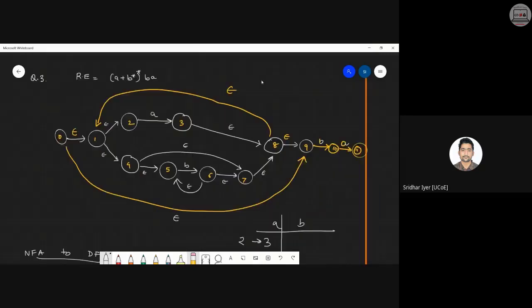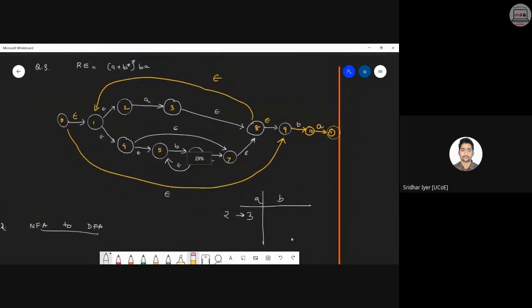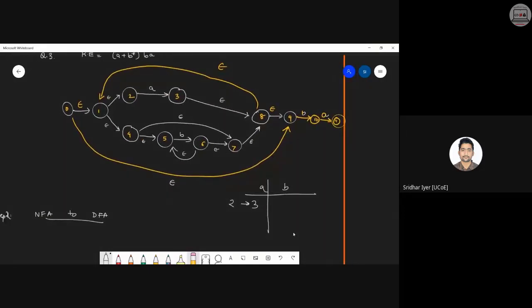So we are having two inputs. Instead of one, it was B. That is the only change. So we have one more input from 10, we are going to 11. Similarly for B, from 5, we are going to 6, and from 9, we are going to 10. Clear with this? Now you can start solving this question.